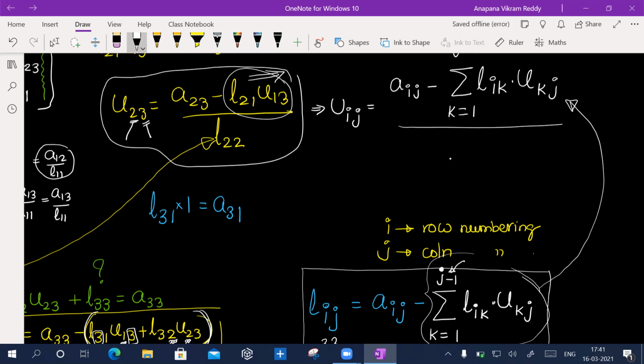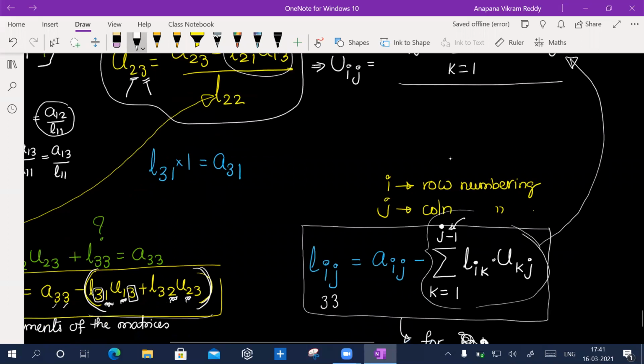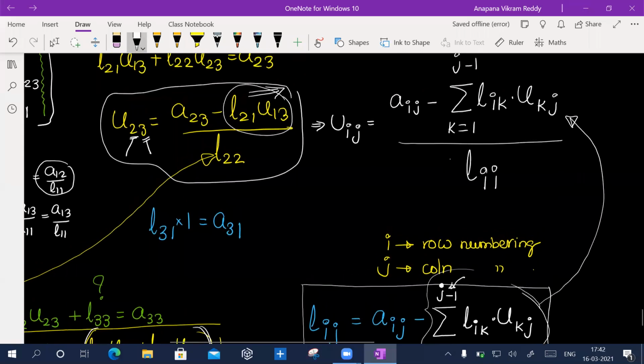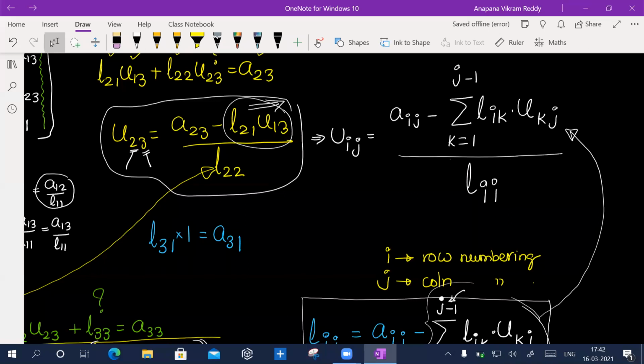We took a 3 by 3 matrix, but if you take a 4 by 4 matrix, then you will experience this. Now what about the denominator here? Lii. Yes or not? Yes, sir. That's it. So all 4 steps are done.